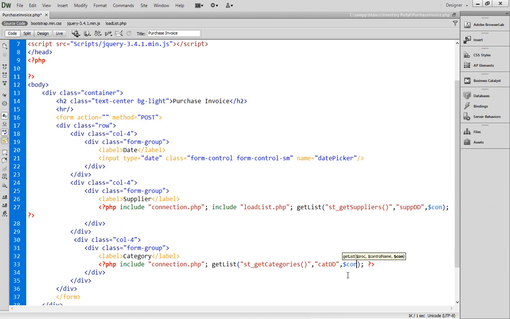So every time you open a PHP marker, you have to include the connection again, so that it can get the fresh instance of the connection. I hope it is clear to everyone. Now